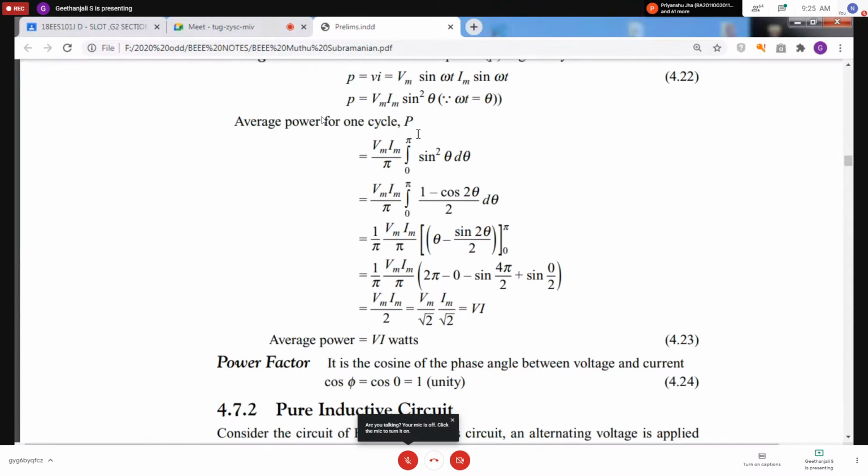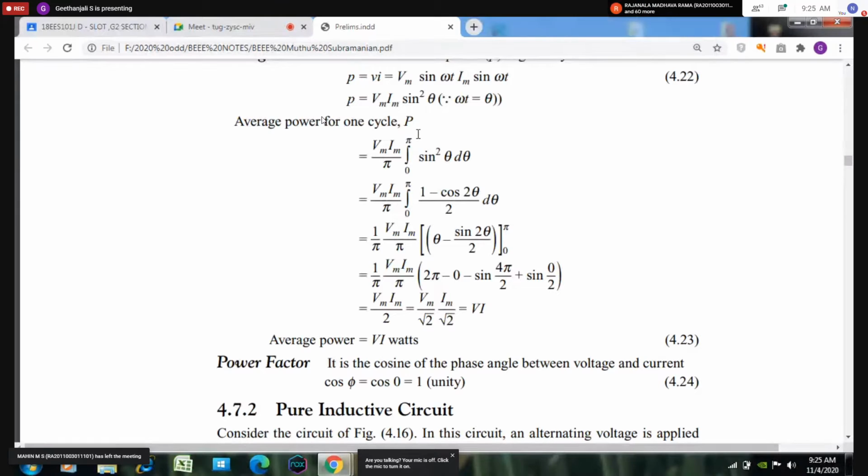Ma'am, the limit becomes half. Yes? Why not 2 pi? Why pi? Ma'am, the limit is half. Huh? All of you tell the answer. This is very simple. You have to tell the answer, then only I will proceed.